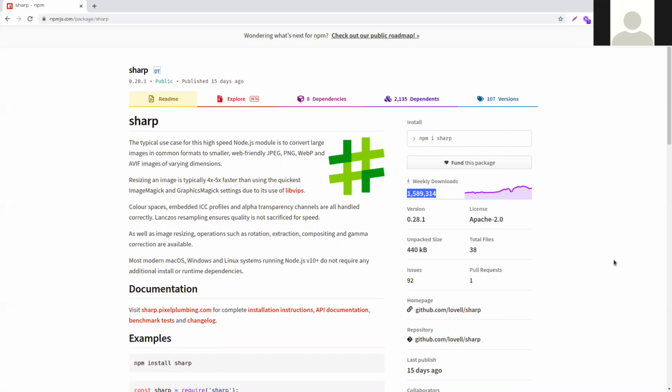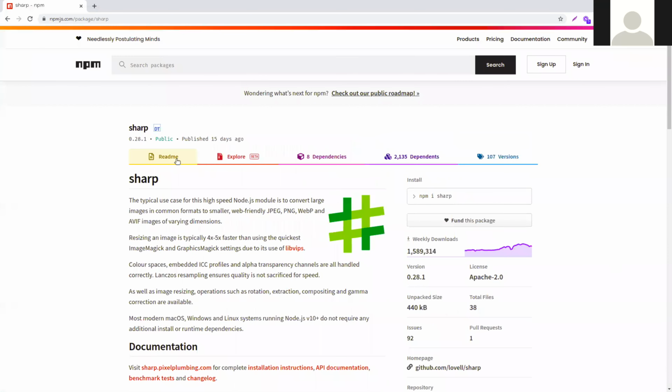In this video we will only do resizing. So first we will resize the image the user uploads, then we will upload it to our server. So this Sharp is for enhancement.